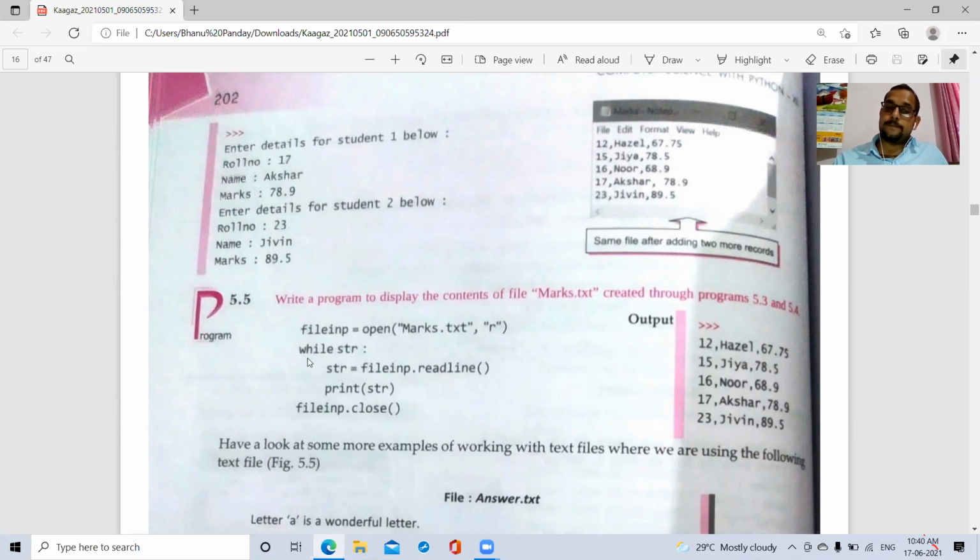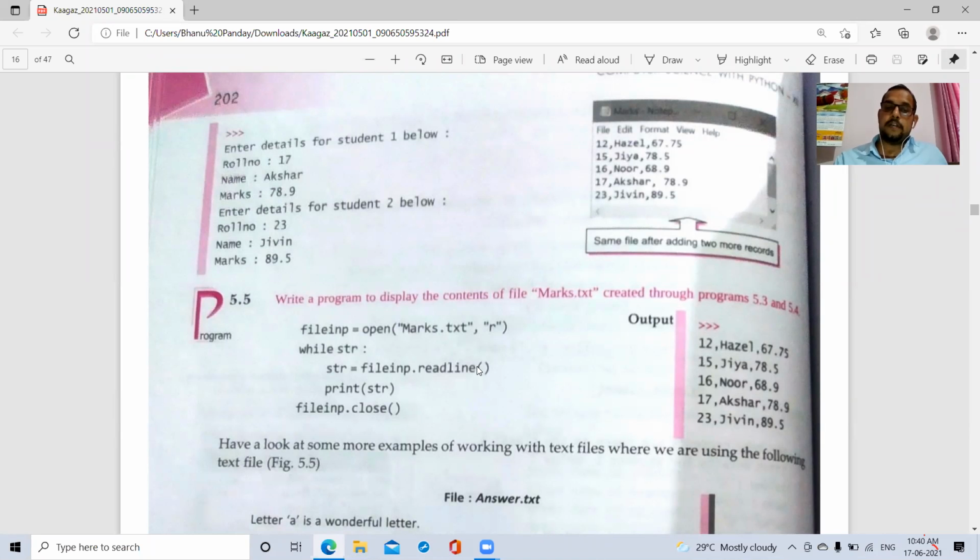str means जब तक ये कंडीशन ट्रू होगी तब तक ये लूप चलता रहेगा, ठीक है, तो this time while str means string, ठीक है, तो at the beginning we have to take, यहाँ पर एक एरर आएगी, what is the value of str we don't know, तो str equals to blank space आपको लेना पड़ेगा, इसमें एक एरर आ सकती है, ठीक है, str equals to blank space, तो this time condition is true, and then file inp dot